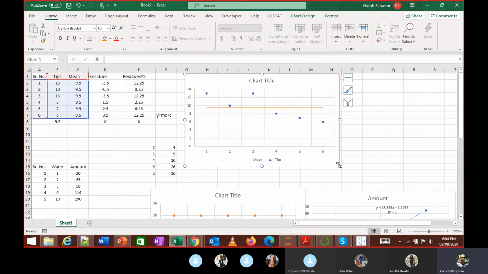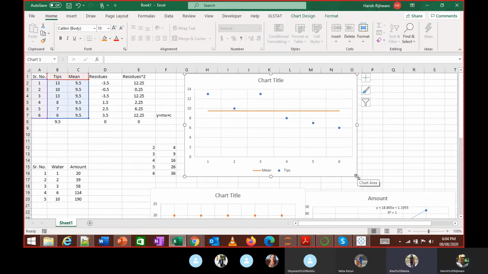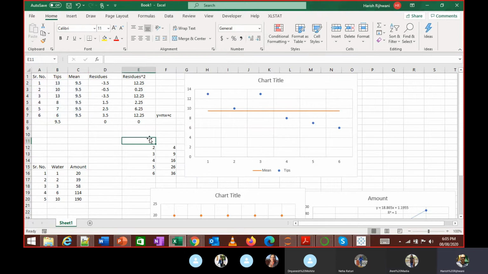That is why you square these values. This point is closer to the line, but this point is much farther away as compared to this point. So relatively, I'm able to find that out. Make sense?